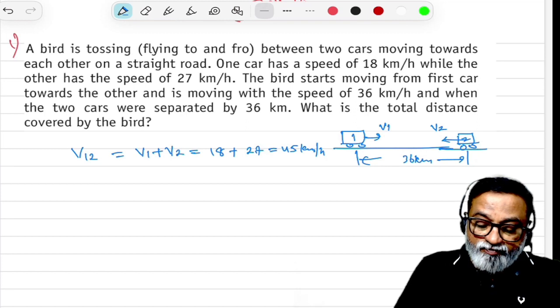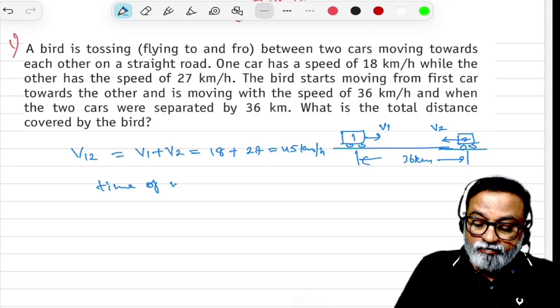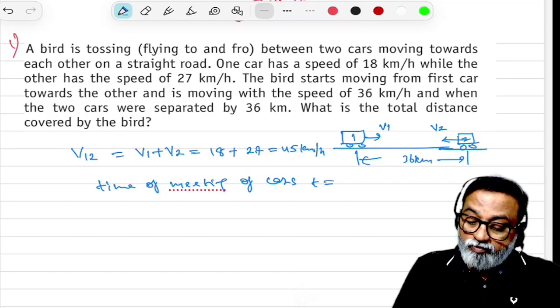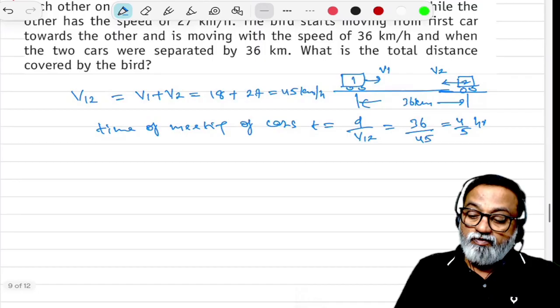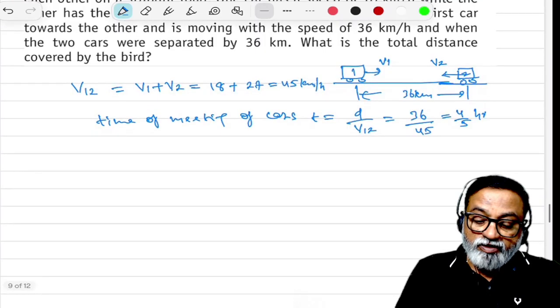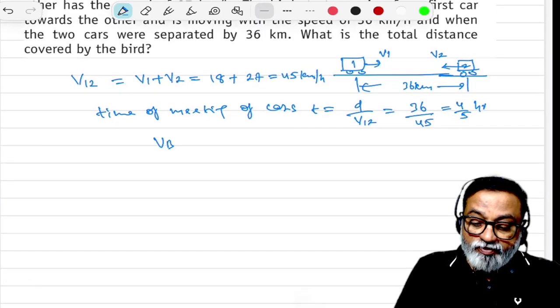Then the time of meeting of the cars, t, is equal to distance by relative velocity. That distance is given as 36 km and this one is 45. This becomes 4 by 5 hours. Then the velocity of the bird is given as